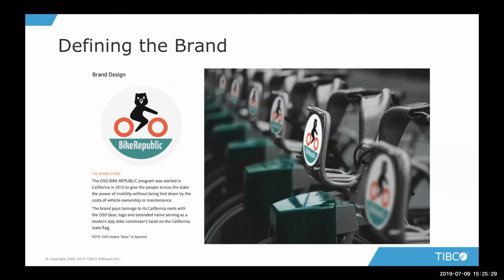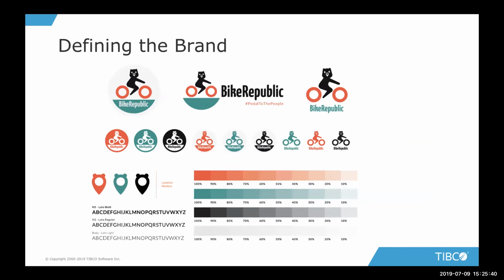But as you can see, we've got a nice backstory. We've got some visualizations of what the logo looks like, and then we go a little further. So now we're going to do the actual branding of the company. So let's get some logos and let's get a color scheme going. So this is the color rules, and then we have fonts and the visualizations for the maps, because we're going to use maps